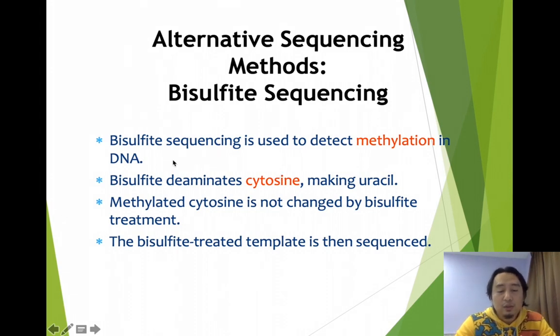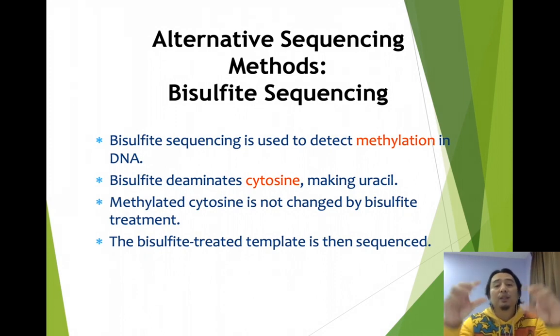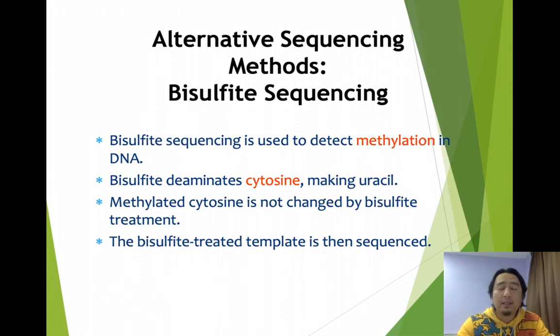So there are 2 steps: the first one is bisulfite conversion and the other one is bisulfite sequencing. So what happens in bisulfite conversion? In the nucleotide sequence, only cytosine is methylated. So when the cytosine is methylated, it will carry, how to say, what is the term,